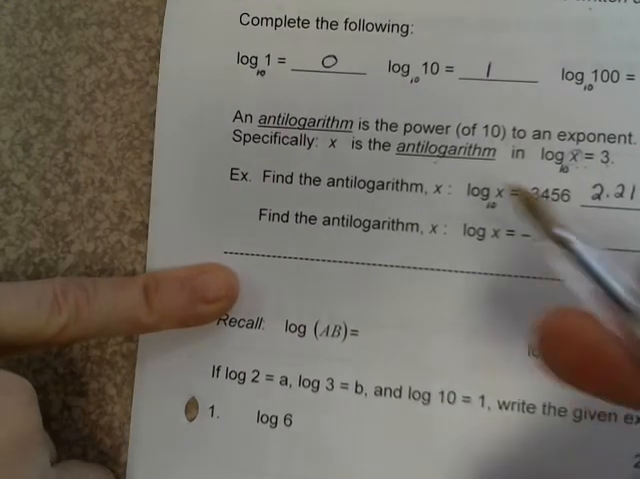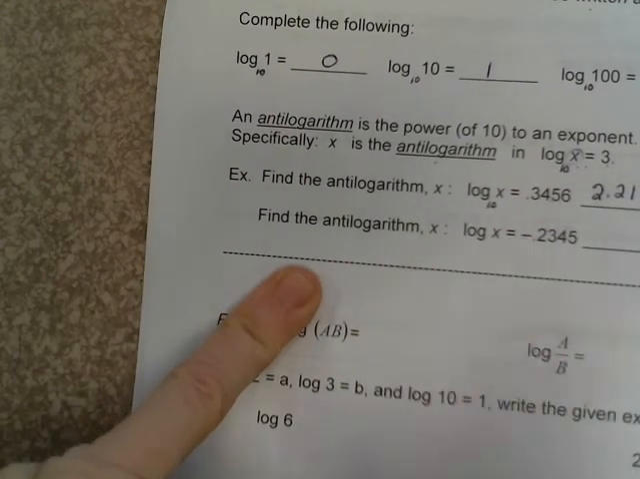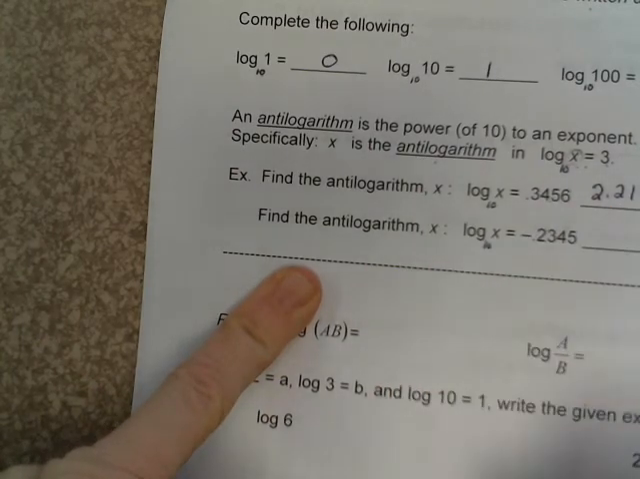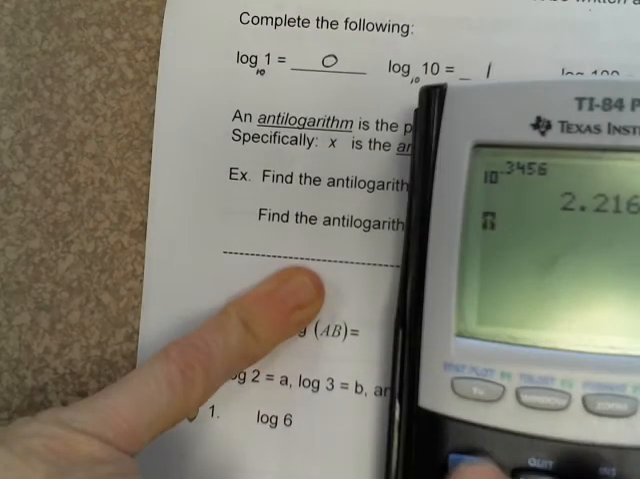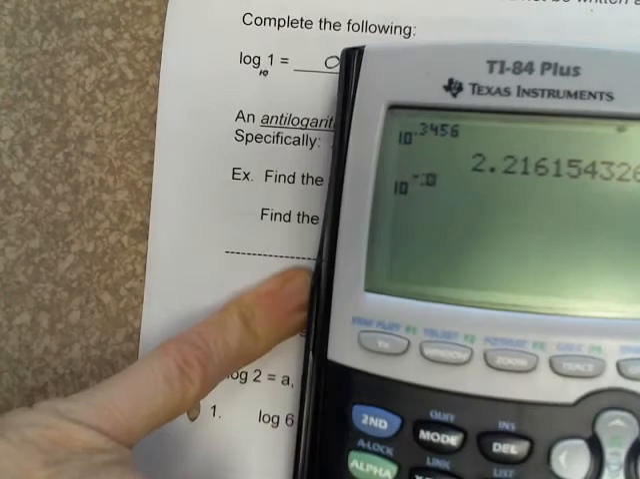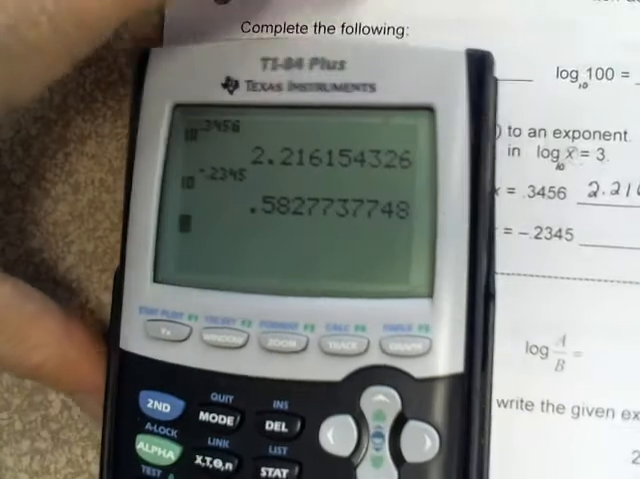Find the anti-log of negative 0.2345. So I'm going to insert a little 10 because this is a common log. The base is not written. And so I'm just going to hit my second log button, which is 10 to the power of negative 0.2,